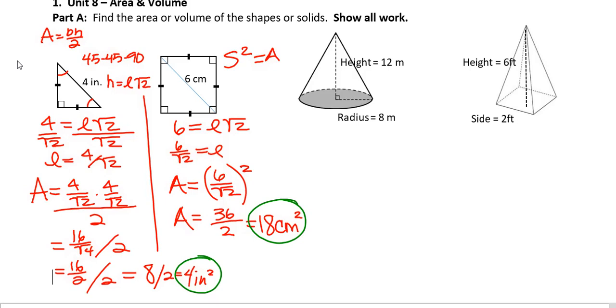The next one is a cone, and this is on our formula sheet. Now the area of a triangle is on our formula sheet, but the area for a square is not, so you have to commit that to memory. So our next problem here